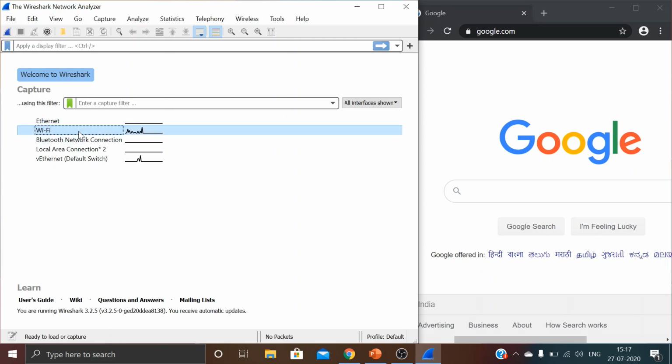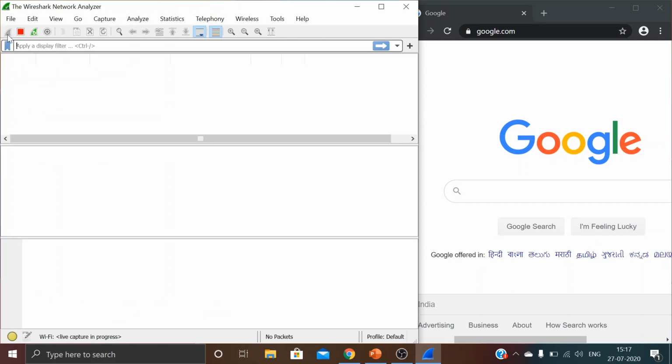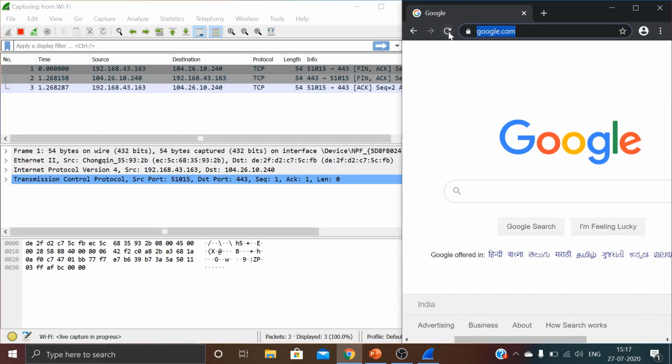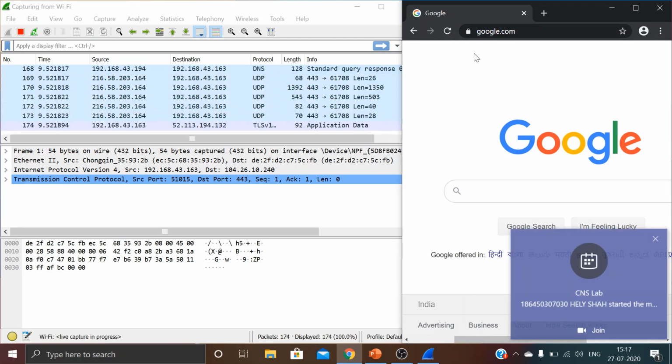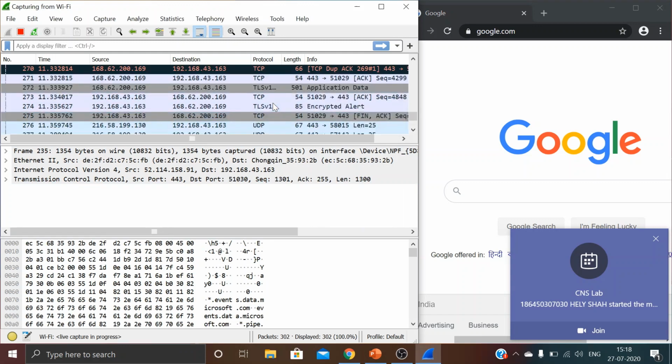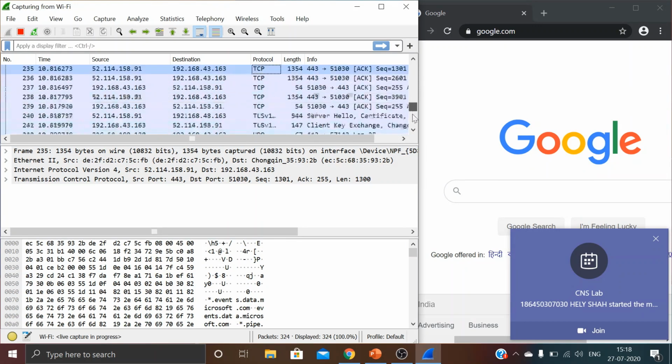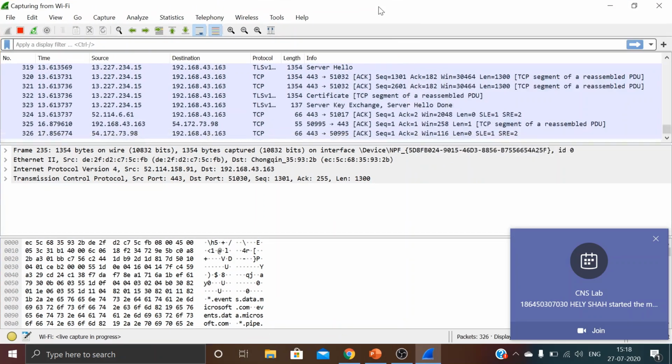Click on Wi-Fi and start capturing. You can see here only a few packets are coming. So I will refresh this Chrome window. You can see here when I refresh, many packets are transmitted from my Wi-Fi adapter. So this is how you can capture the packets.